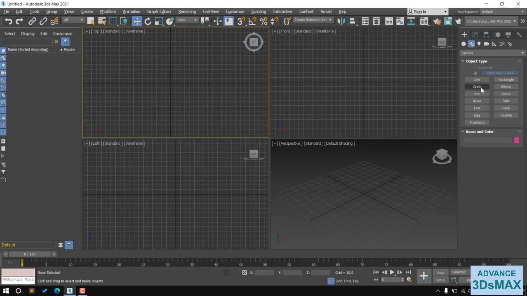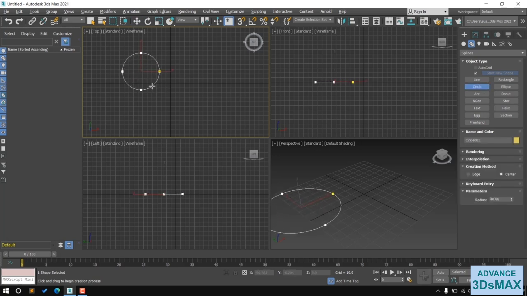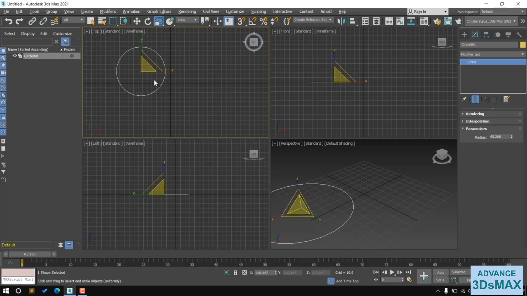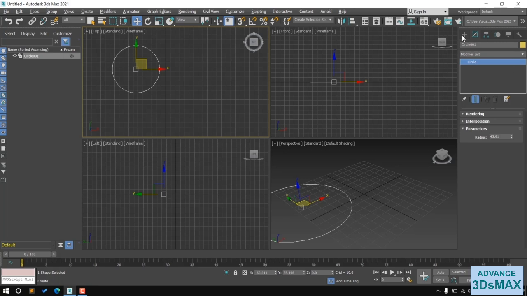The second shape tool is circle. Click and drag, define a radius. And if you want to modify the radius, go to the modify tab and increase or decrease, or you can also scale up or scale down by using the scale tool. If you are working with dimensions, always change the radius by using the modify tab. The next shape tool is